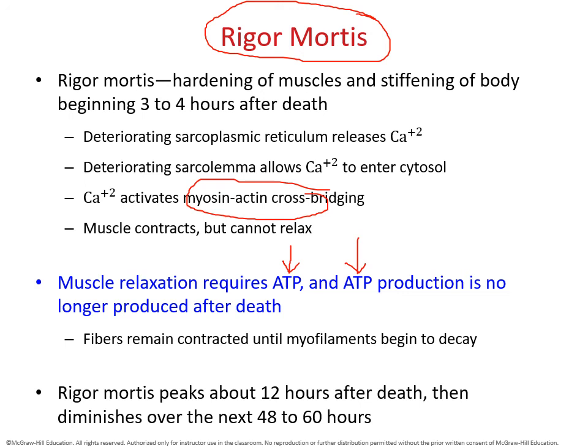What we see happening is that usually after about 48 hours, the rigor mortis will be completely gone. If you watch any of your investigative or detective shows, you know that when they find a body, they can use rigor mortis as a way to establish when that person became deceased. And usually if they find the person in rigor, they know that it's relatively been a short period of time since that person has died. Whereas if rigor mortis has already come and gone, then they know it's a longer period since the person became deceased.